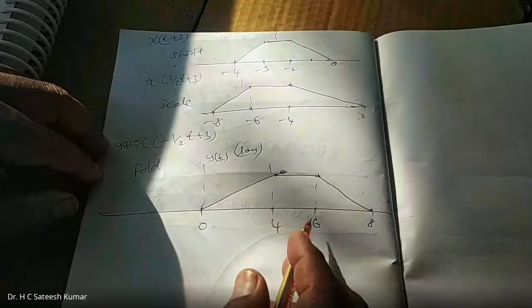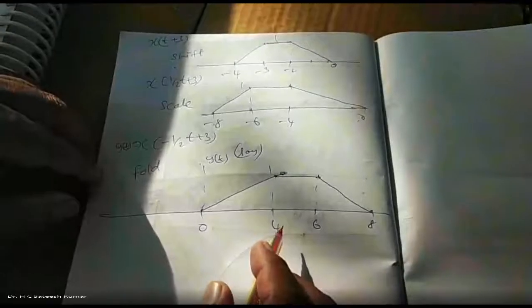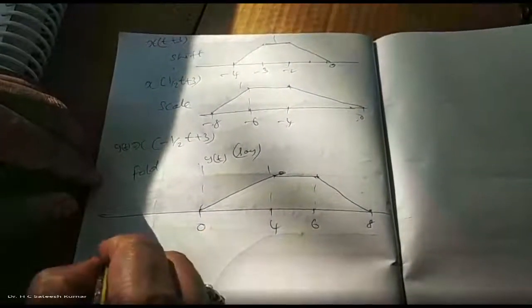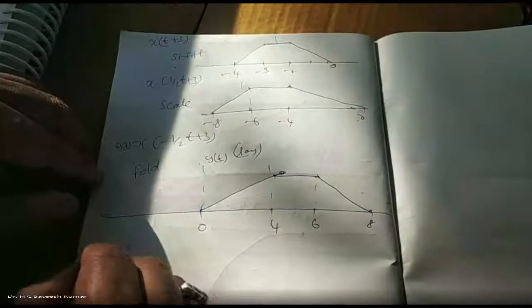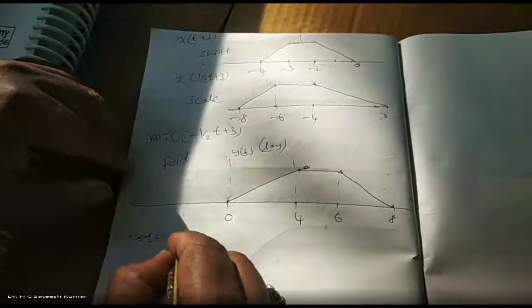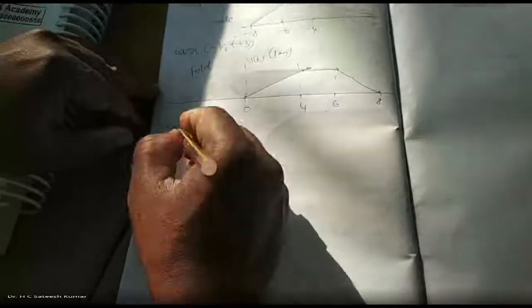Before going to the energy of the signal, you'll have to write the equation for this. Between t lies between 0 to 4, this may fetch you 3 marks. You'll have to find the equation for this. Once again, y is equal to mx plus c. Slope you find out is 1 by 4, increasing positive slope. Height is 1, width is 4. So y of t is equal to 1 by 4 t plus c.